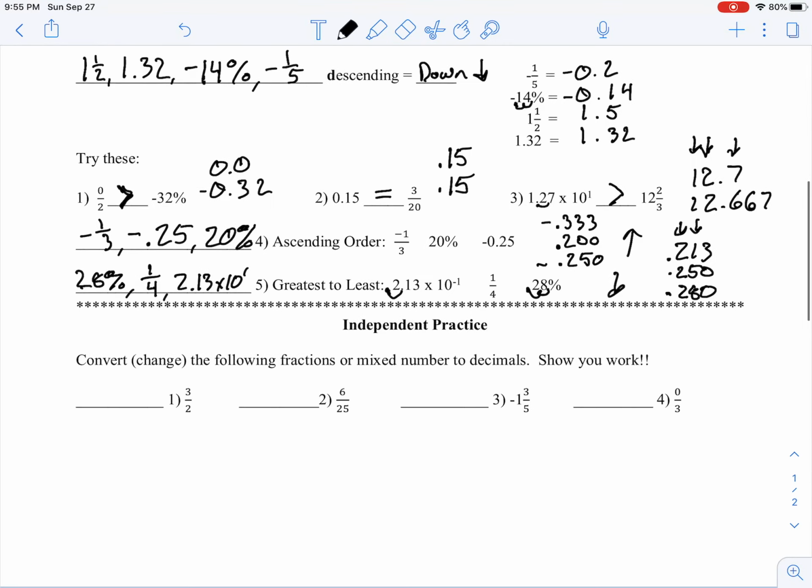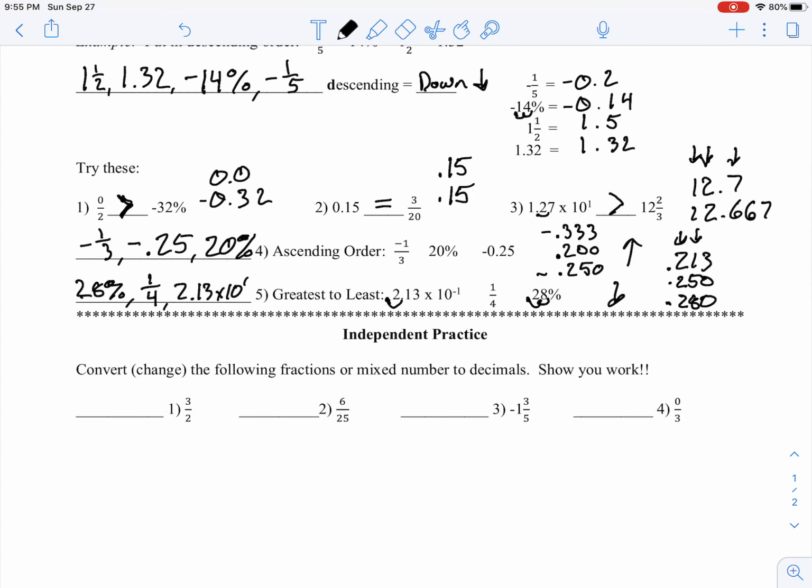Alright, so the independent practice will start here. It's on the copy of the notes on our Canvas portal there, so just be sure that you complete these 4 problems before you move on to the assignment continued section. All right, we will see you on the